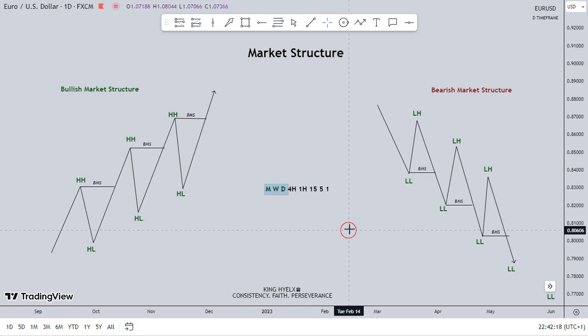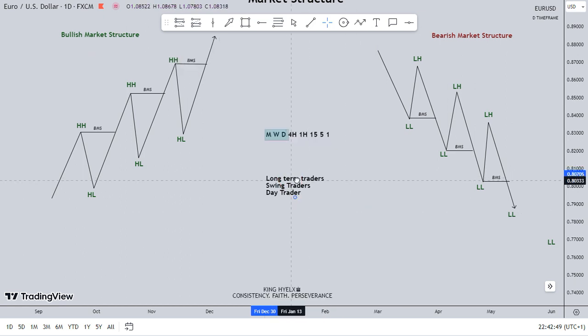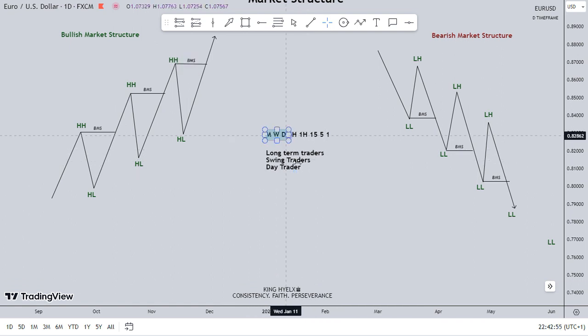So now let me say this. We have different types of traders, right? We have long-term traders, right? Position traders. We have swing traders. We have day traders, right? So let me just use this. Let's say long-term traders, we have swing traders, we have day traders. So I am a day trader, and the strategy I'm going to be using in this series is day trading strategy. So now, if you are a long-term trader, you're trying to be looking at the monthly, the weekly,